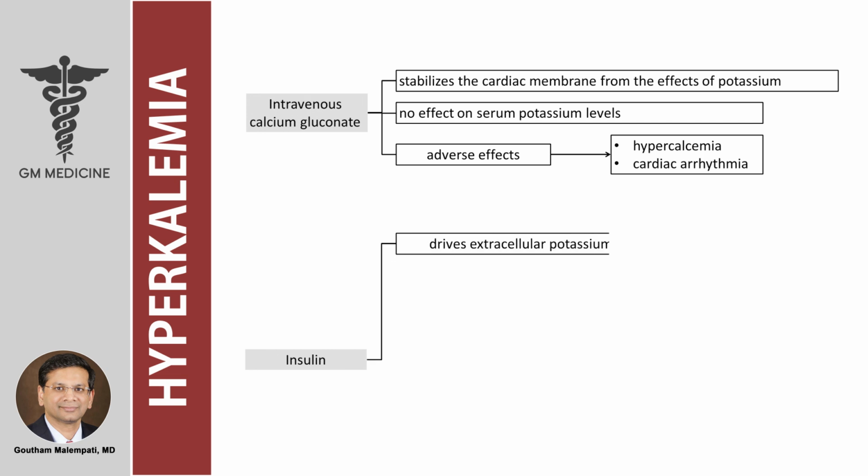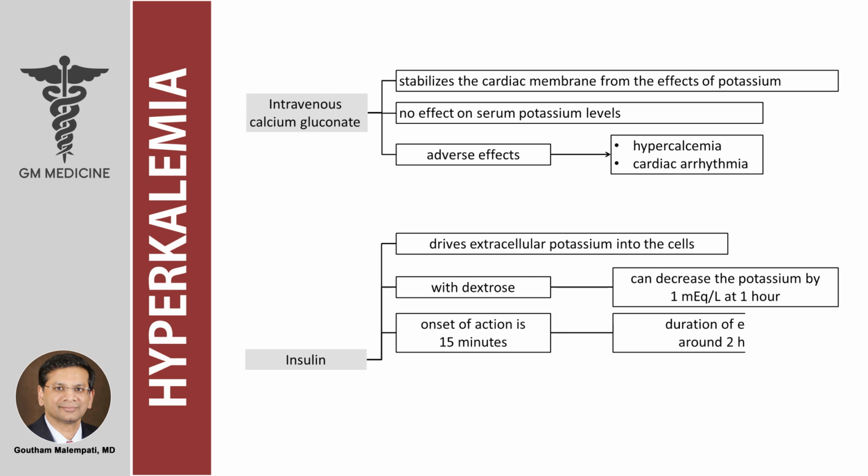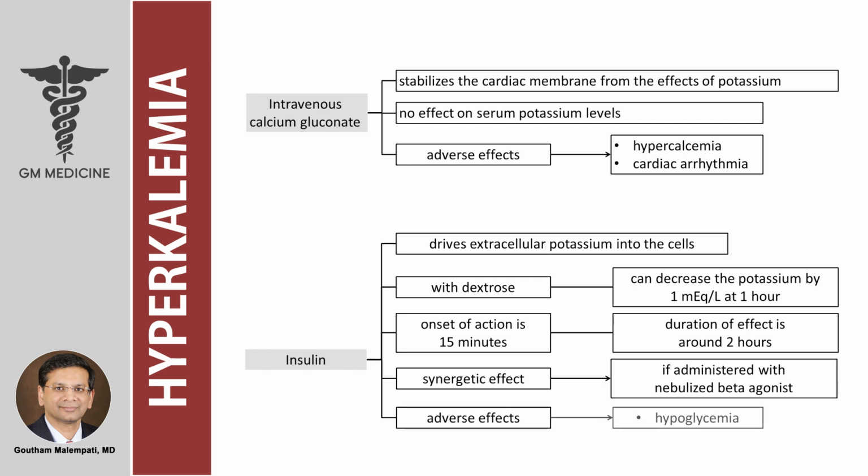Insulin drives extracellular potassium into the cells. Insulin with dextrose can decrease the potassium by 1 millimole per liter at 1 hour. The onset of action is 15 minutes and the duration of effect is around 2 hours. There is a synergistic effect if administered with nebulized beta agonist. Adverse effects include hypoglycemia,